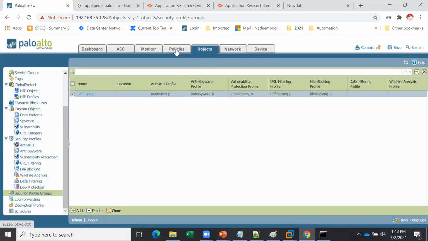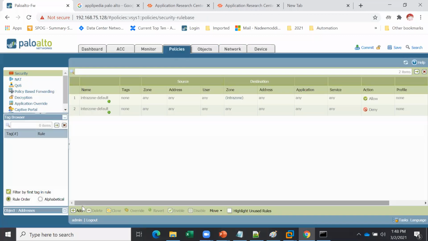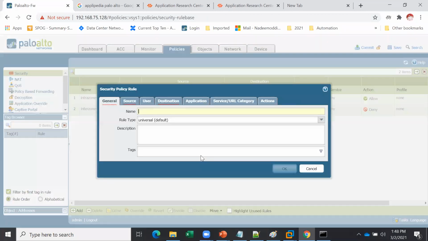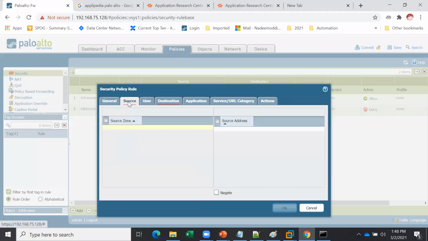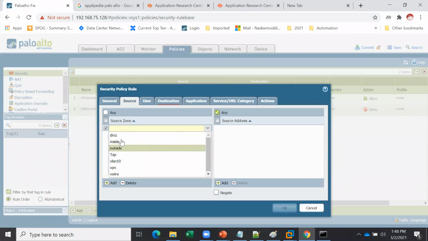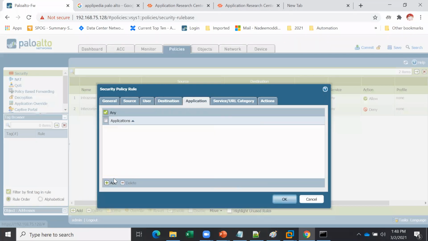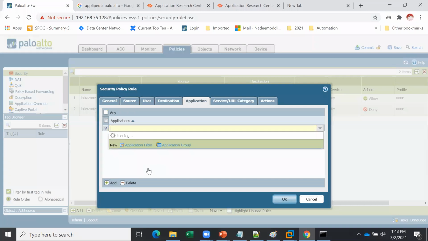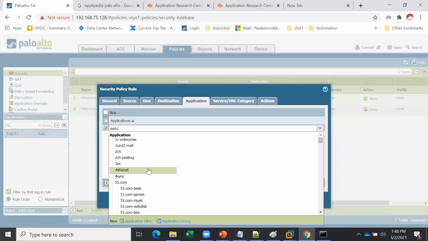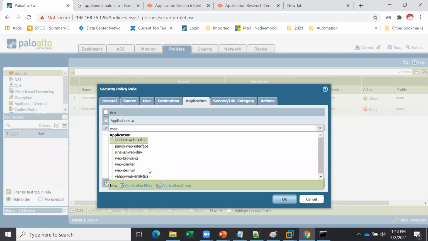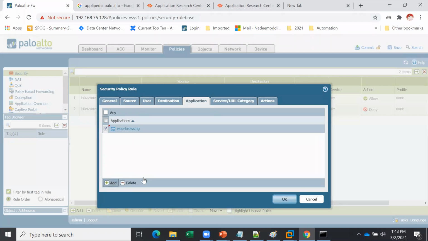Now let's see how to use it. Go to the profiles, now security policy. Let's say general internet access. People will come from inside and want to go to outside. And for the application, let's say web browsing, and also SSL.